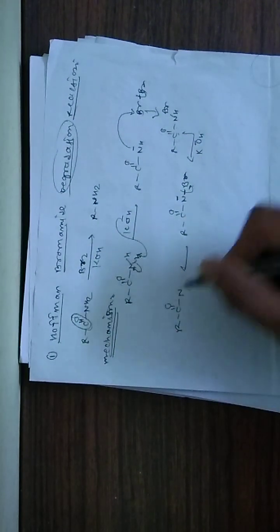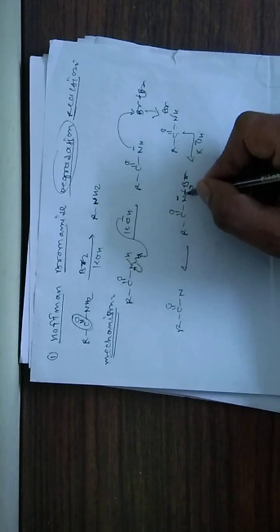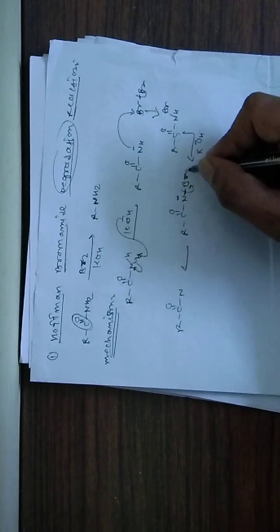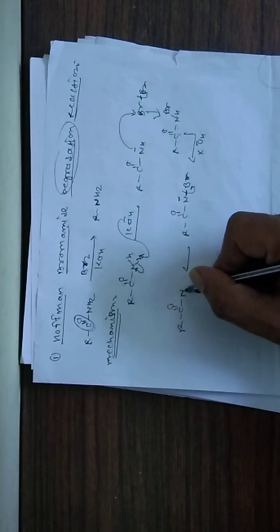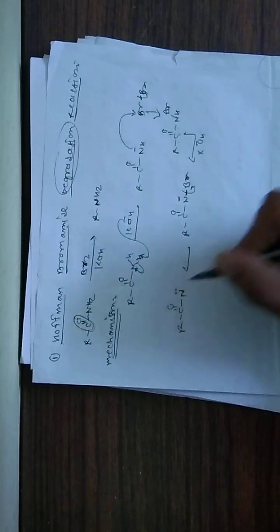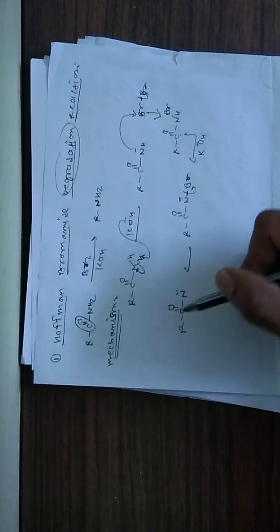C double bond O N. On nitrogen, one negative charge is already there, and due to the positive charge, nitrogen becomes neutral, but it becomes electron deficient. So this species is called a nitrene. Please remember that. This is one of the most important intermediates formed in this reaction. What is it? Nitrene. I hope you have studied reaction intermediates like nitrene, carbene, and some others also, but these are important for your exam.